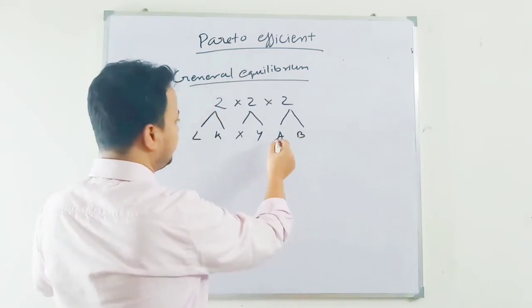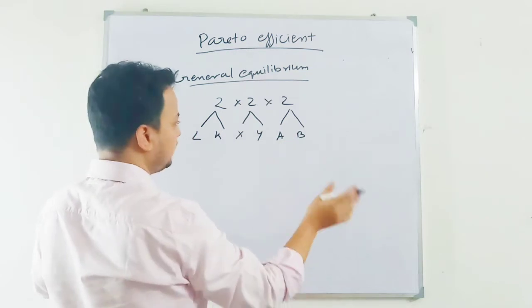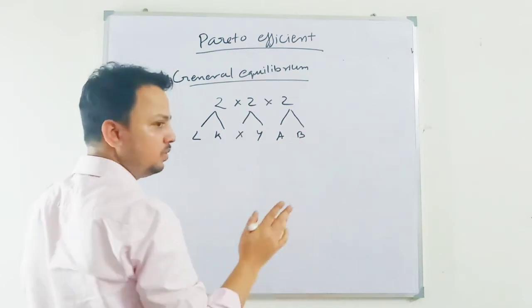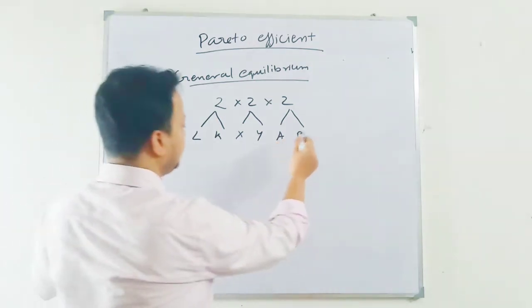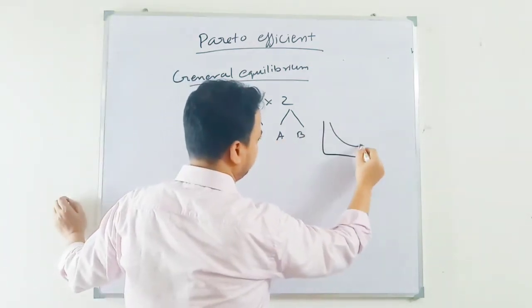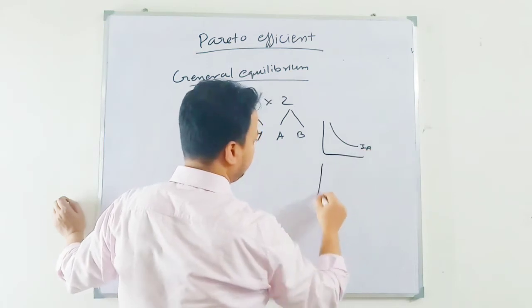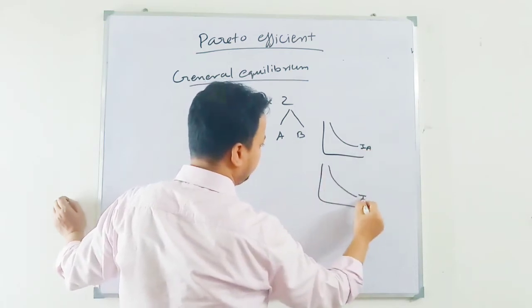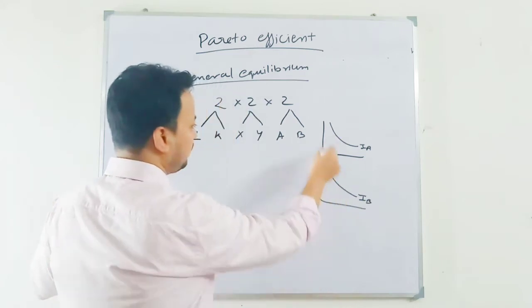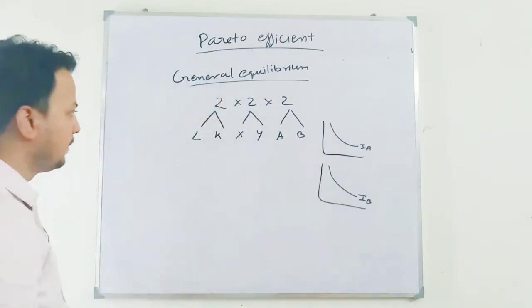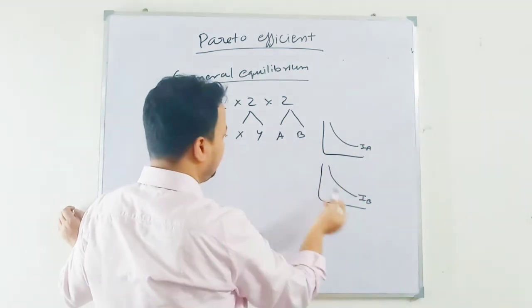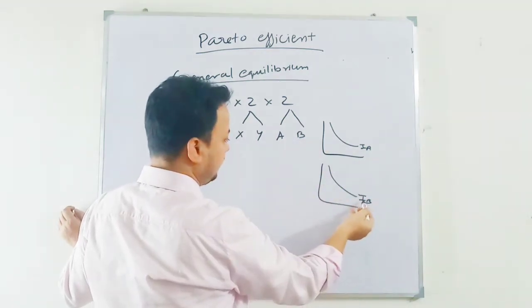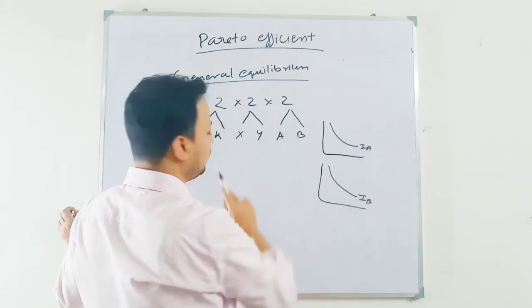it is purchased by two sets of consumers, A and B. A represents a set of consumers that has the same preference, which is different from the preference of set B. Preference will be depicted by indifference curves: indifference curve of A, indifference curve of B. Both these preferences differ. Suppose set A likes good X more than good Y, and individuals in group B like good Y more than good X.